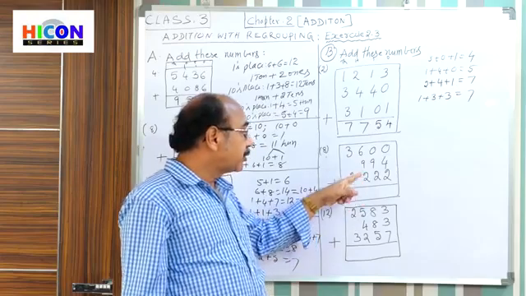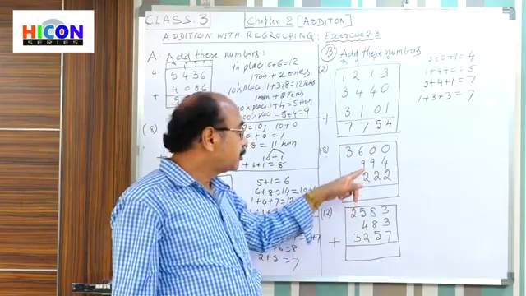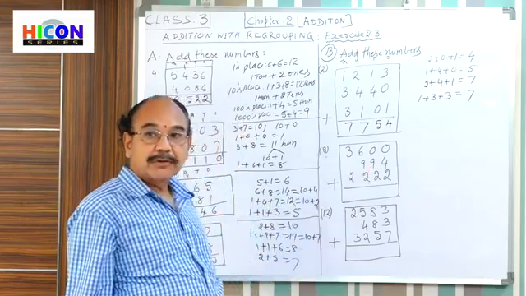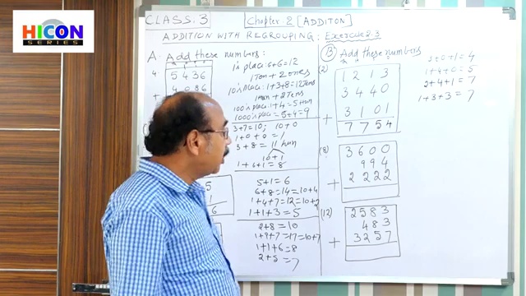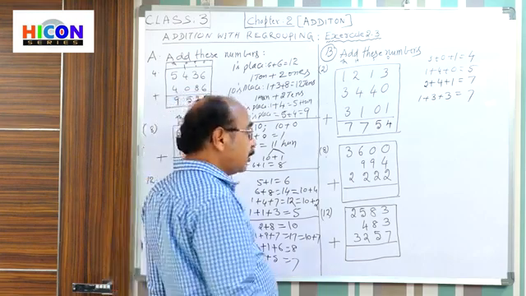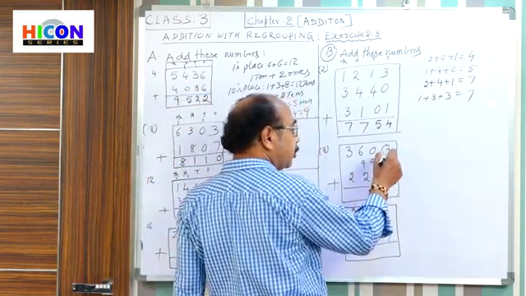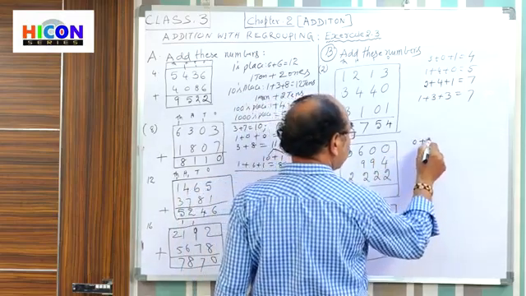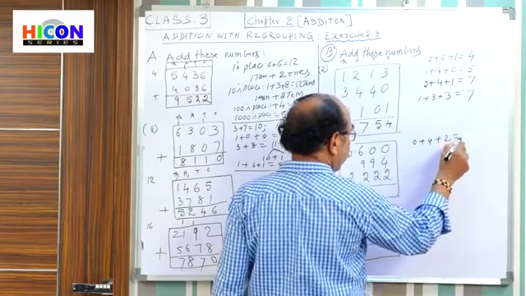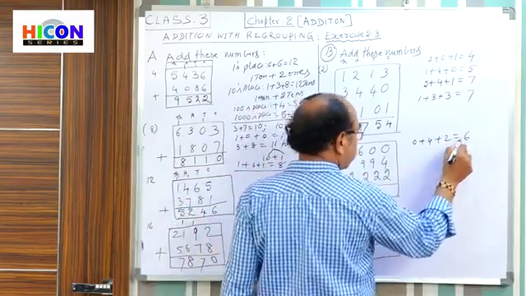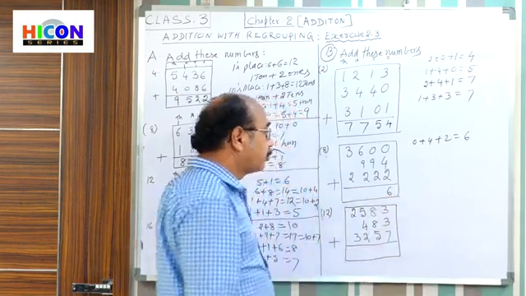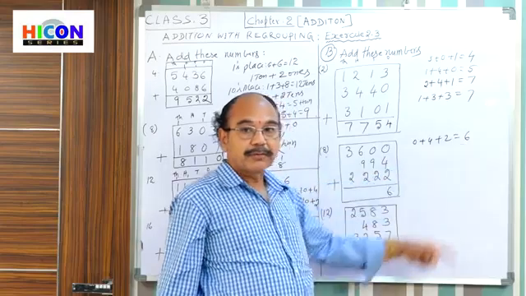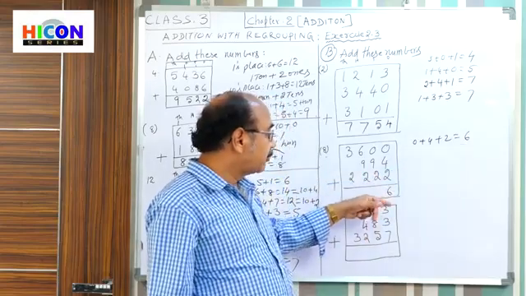In the three, two numbers are four-digit numbers, and one number is a three-digit number. Add the digits in the units place first. What are the digits in the units place? 0, 4 and 2. So add 0, 4, 2. That is 6. Write 6 in the units place. This is a single digit number. That's why we write that number in the ones place.